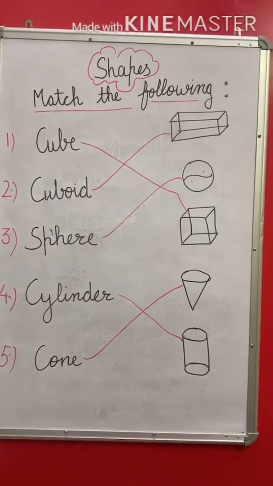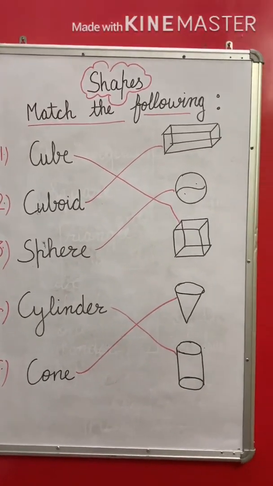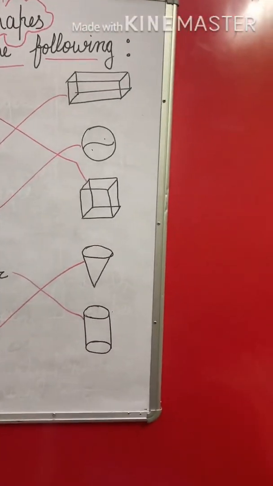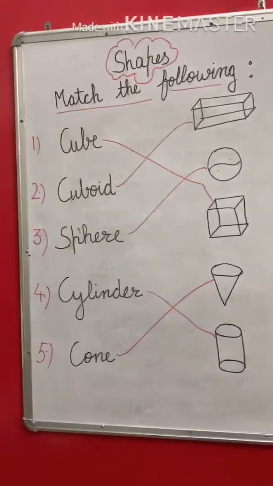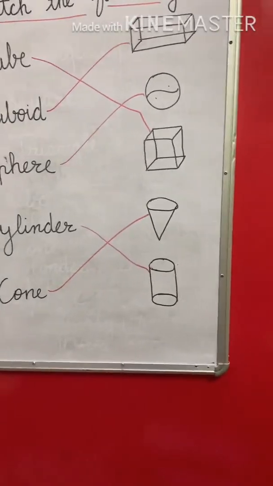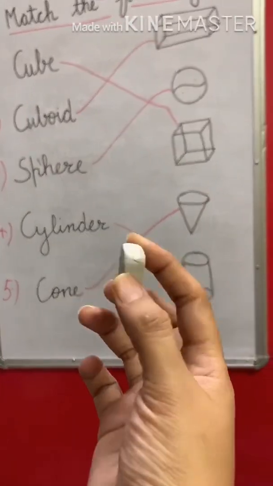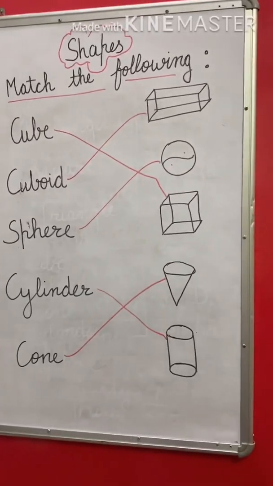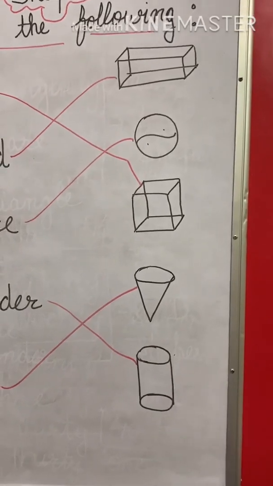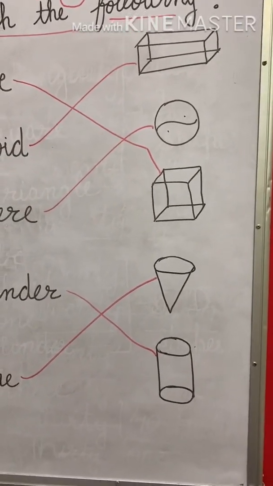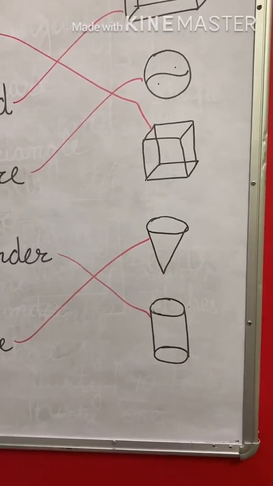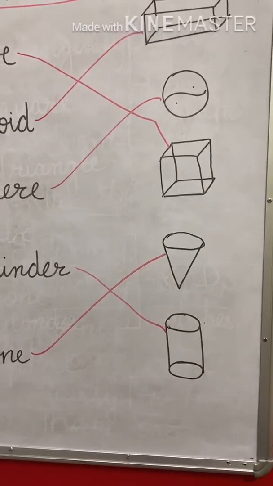Now let me tell you one example of each shape. Let's talk about cuboid. Cuboid example is anything which has 3 dimensions but they are not same. If I talk about my duster, this is also a cuboid. If I talk about your eraser, this is also a cuboid. And then the example of sphere is ball, earth. The best example of cube which has all sides equal is dice. And then cone's examples, we have discussed birthday cap, ice cream cone, they are the examples.